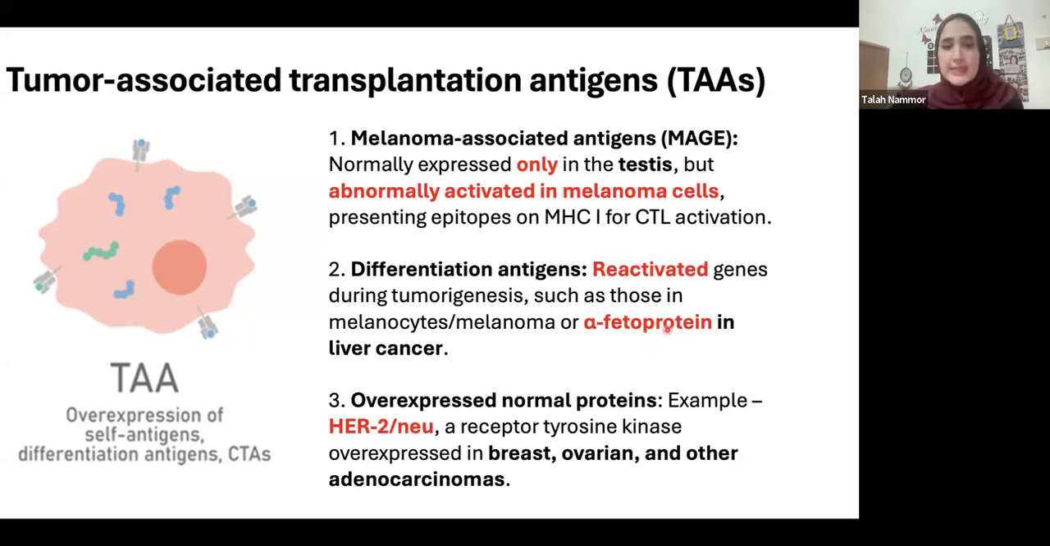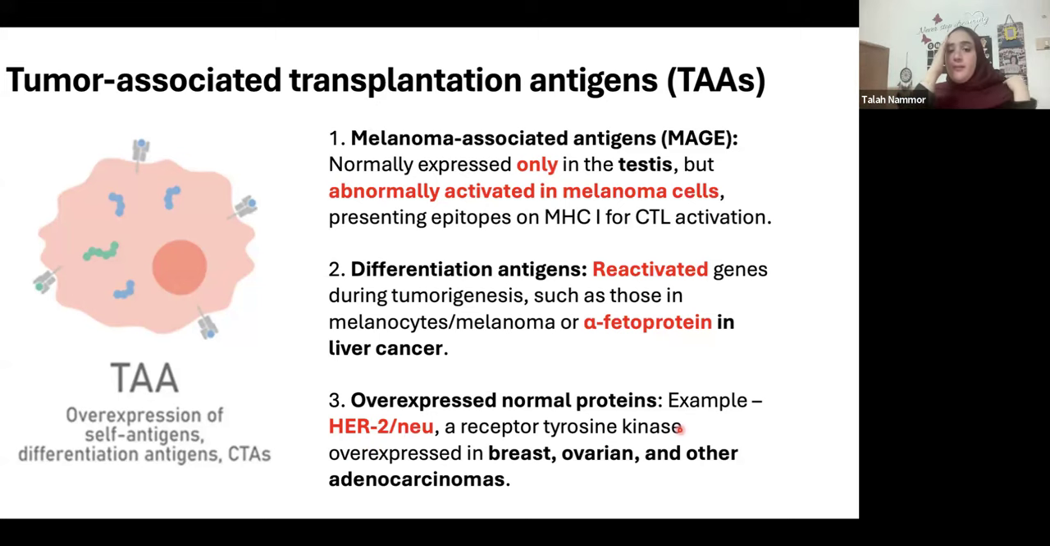Last but not least, another kind of tumor-associated antigen is overexpressed normal proteins. Now, in breast cancer, or in ovarian cancers or adenocarcinomas, some cancers undergo hormonal therapy or immunotherapy. Why do they do that? Because they have overexpression of this protein, HER2-neo, which is a receptor tyrosine kinase. It's a receptor tyrosine kinase that is found all over our body. But in these cancers, a mutation happens and we have